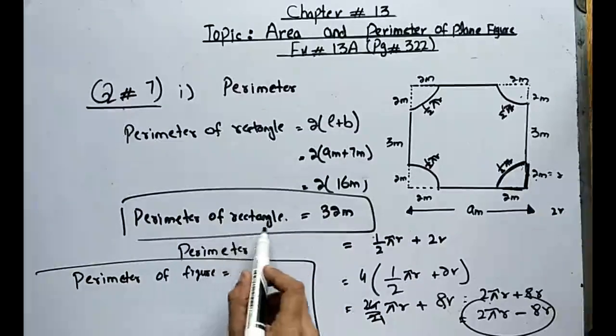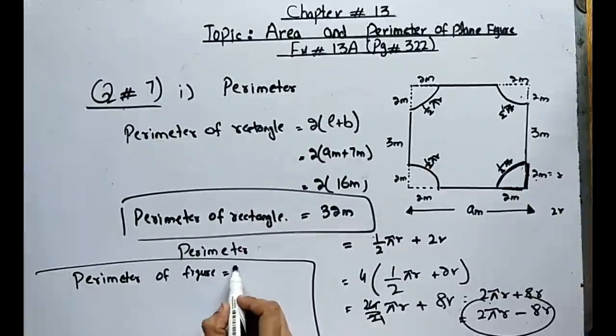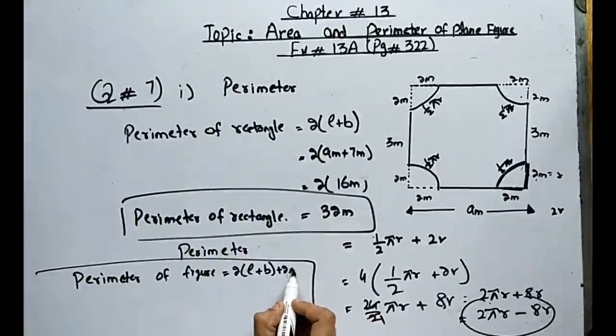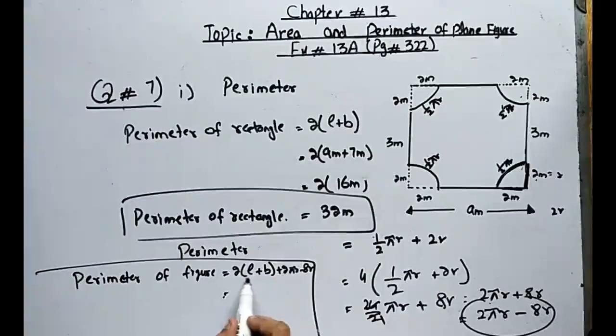The complete perimeter of rectangle, so you can write here 2 into (L plus breadth), then plus 2 pi r minus 8r. As we have already found 2(L plus b), this is the value of 32 meter, plus 2 pi